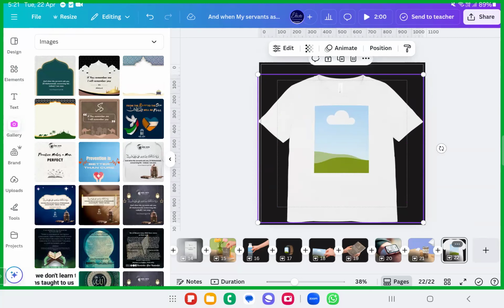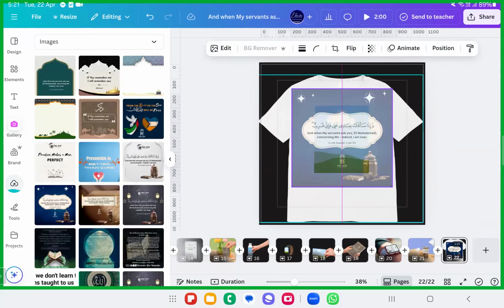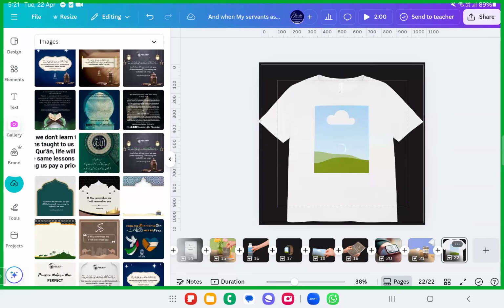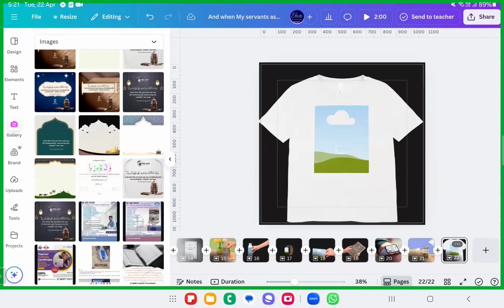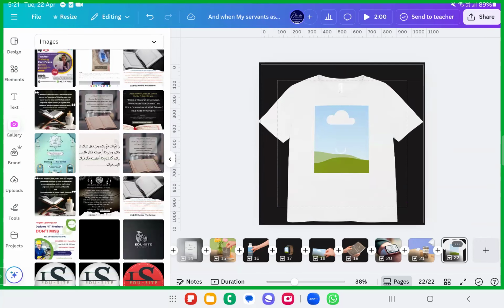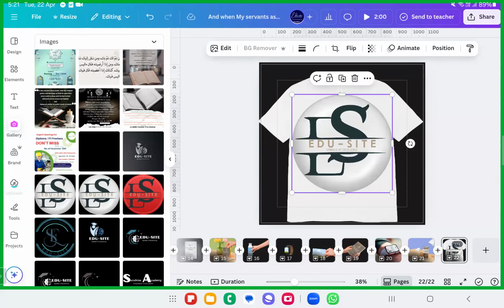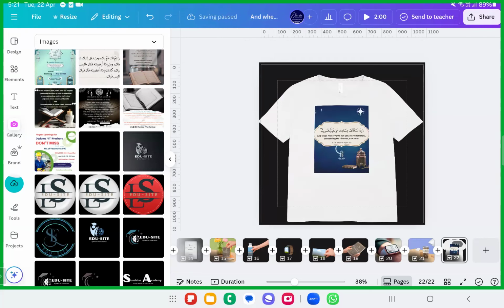Add to page. So make sure when you're having the colored t-shirts or something like that, the colors align well. So usually you have to go with the PNG version with a transparent screen. You can just go ahead with this one instead of that. Transparent screen. Fine. This way.